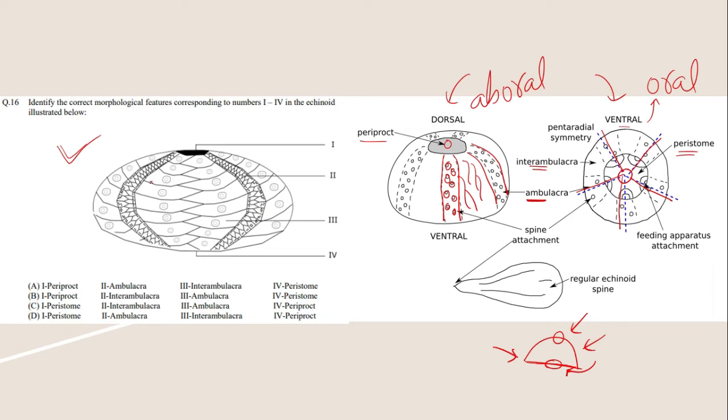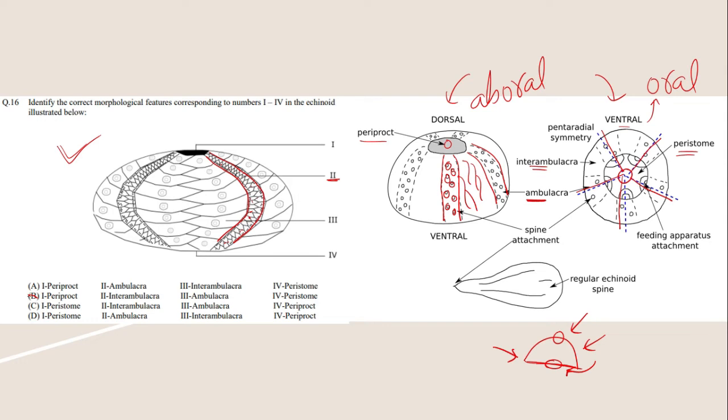So let's try to find this out. In the image in the question, the simplest one is to find out what is ambulacra and interambulacra, because you can see these strips which I have just shown you in the right side image. These are the ambulacra where you find these small pores. These small pores are nothing but the projections of the tube feet or podia, which are used for respiration or locomotion in these echinoids. So these are the ambulacra, which is marked as 2.